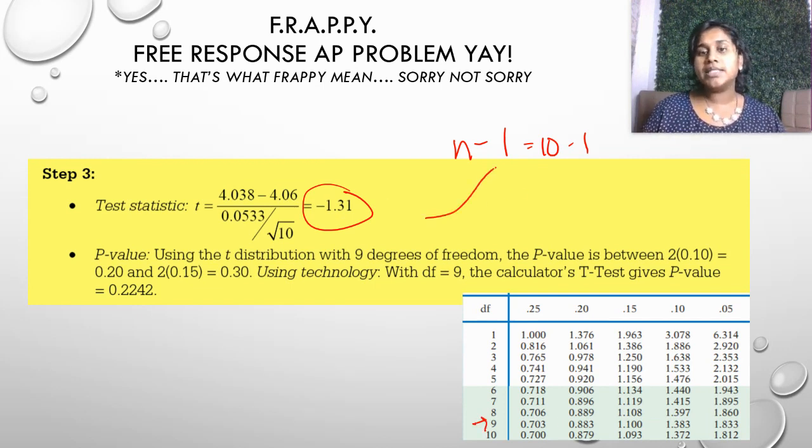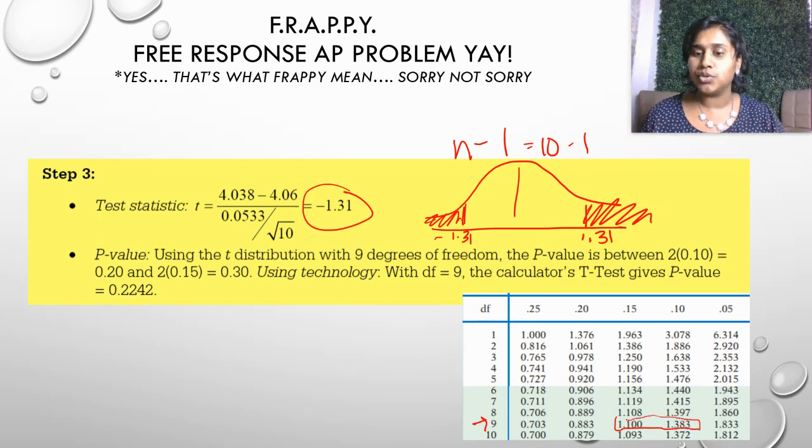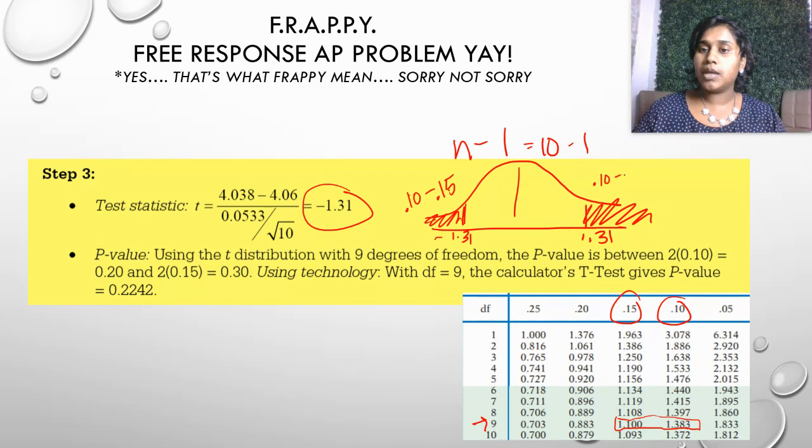Because it's a T statistic, a two-tail, we also know that we're dealing with positive 1.31 and negative 1.31 because we are just not equal to, right? So we know we're dealing with both of those sides. So anyway, coming over here, I see that 1.31 is between these two values. So between 0.15 and 0.10. So I know both of these little tails are between 0.10